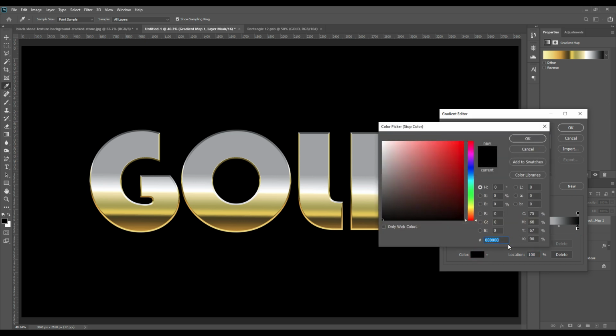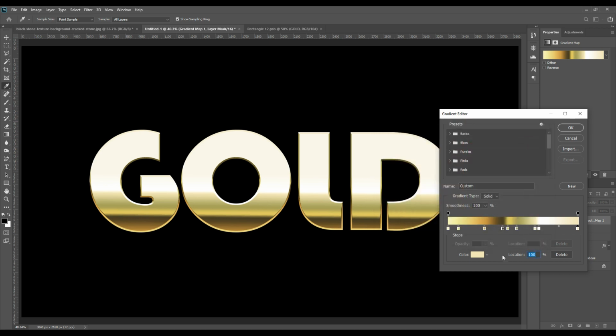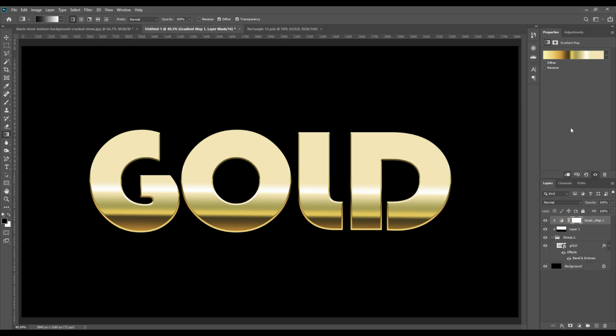Now we will take the last color in the code color. Once you are done, press OK and the location will be 77. Now once you are finally done, press the OK button. As you can see, the gradient color is already there. Now we will double click on the bezier image